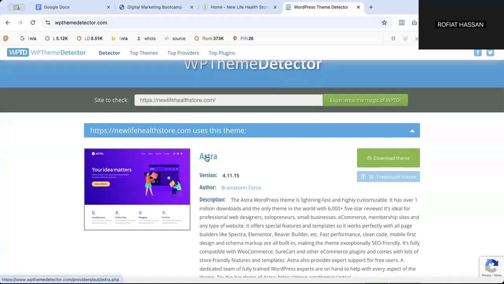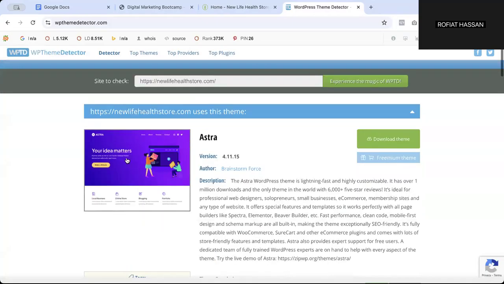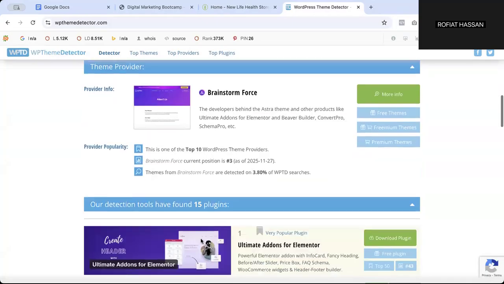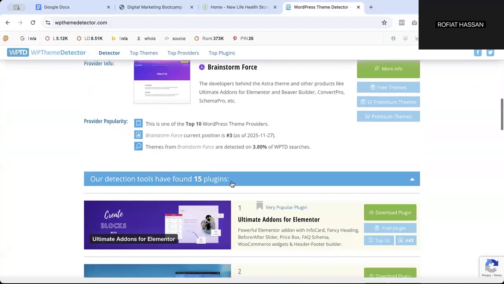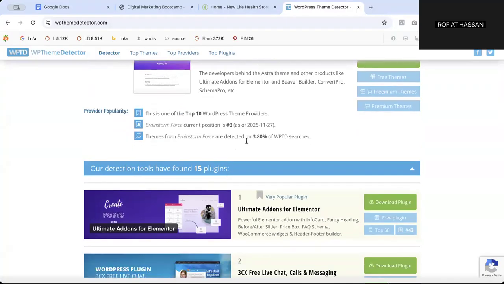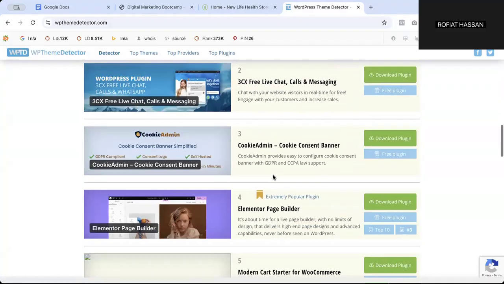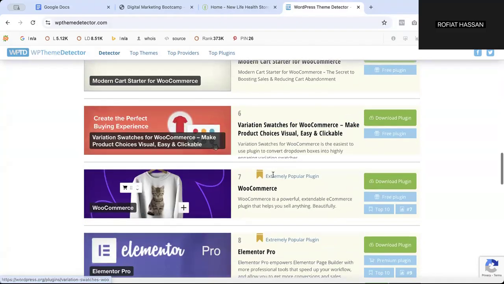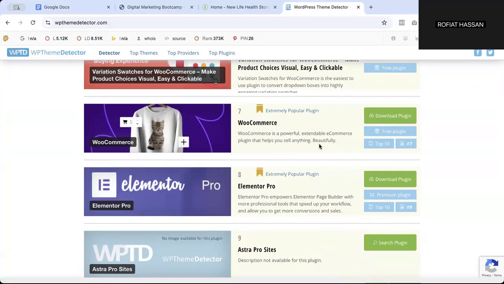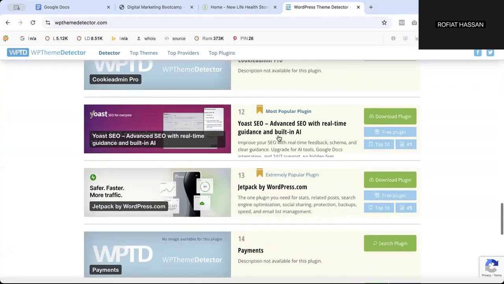The theme that is being used is Astra, which is actually a top 10 popular provider. These are some other add-on plugins on the website. The website is WooCommerce. I just added Yoast also this evening. And Yoast